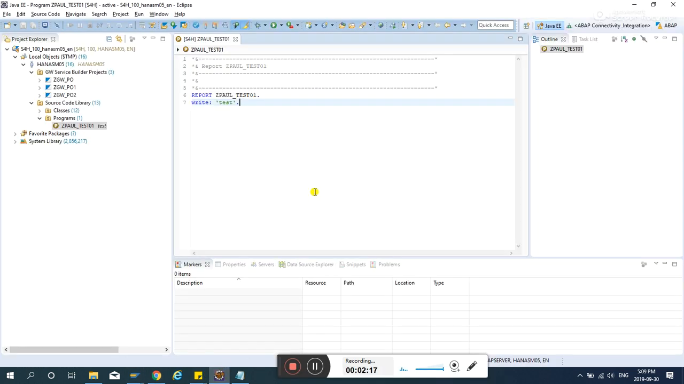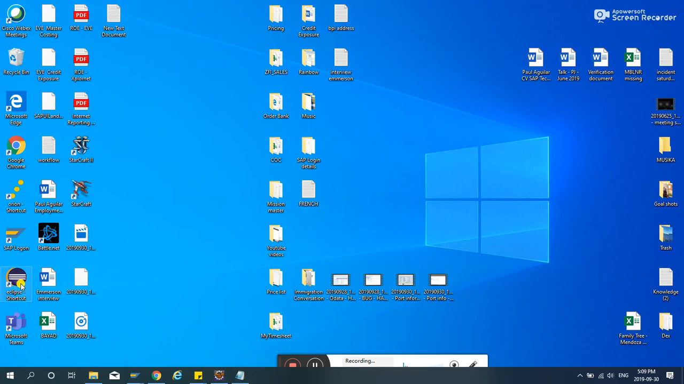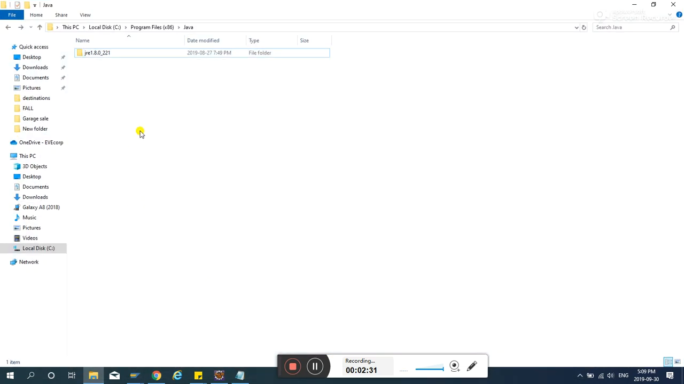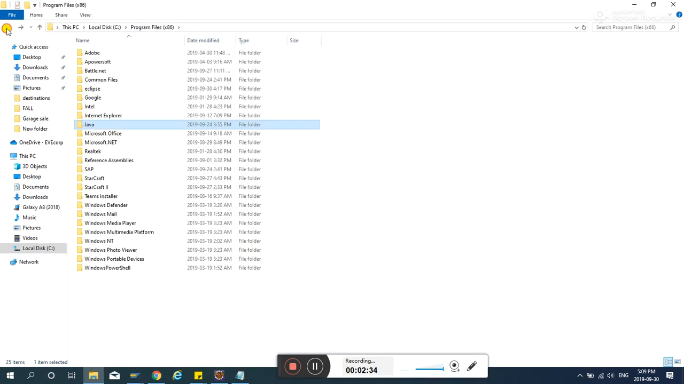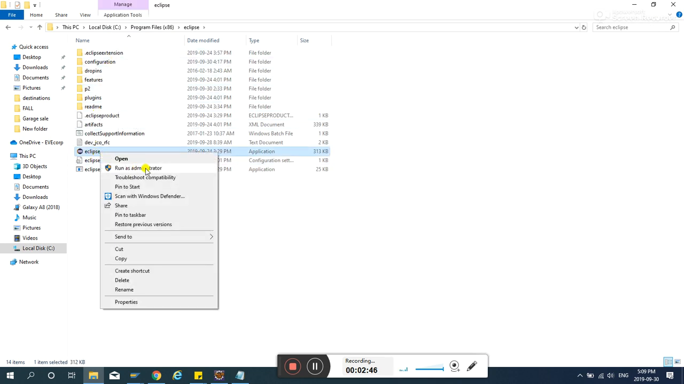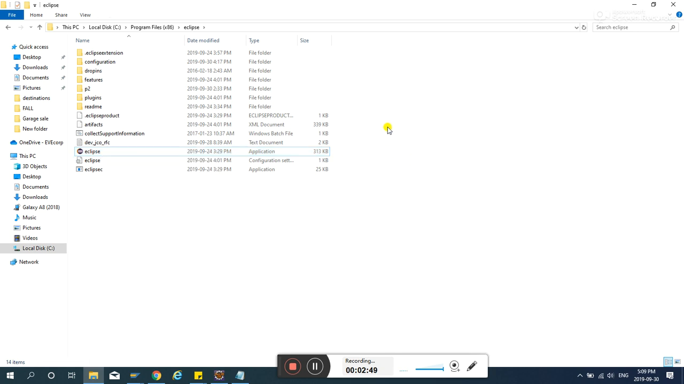Also, whenever you run the HANA Studio, here in my example, I've created a shortcut on my desktop. Right click it and make sure that you run it as an administrator, or you can go to the file itself, x86, where is that, Eclipse, and that file there, you run it as an administrator, else it might give you some problems in the